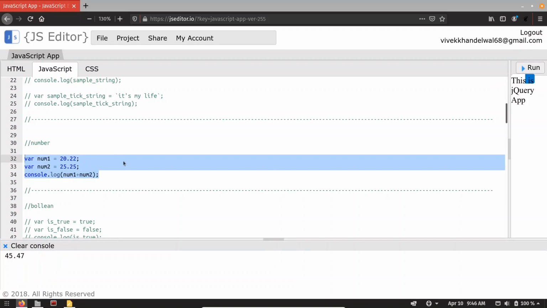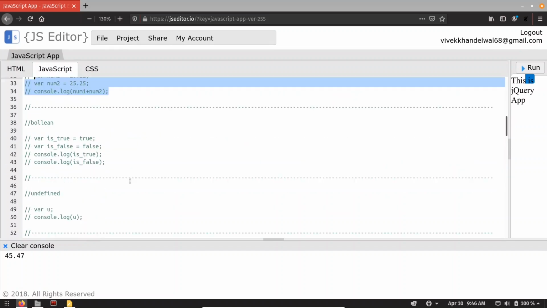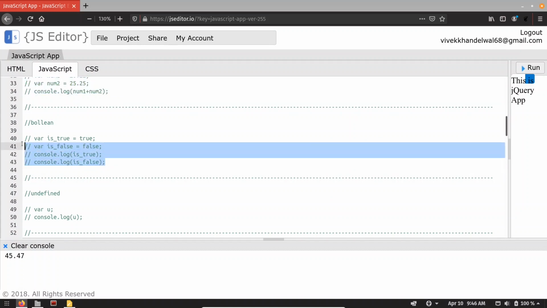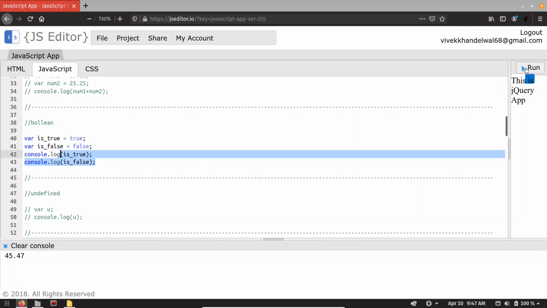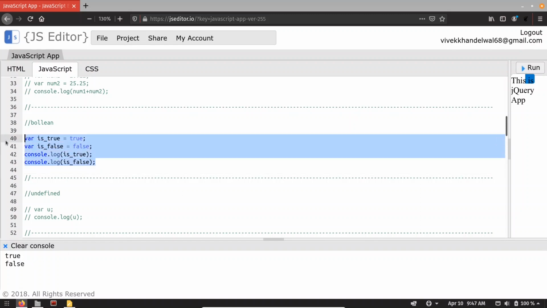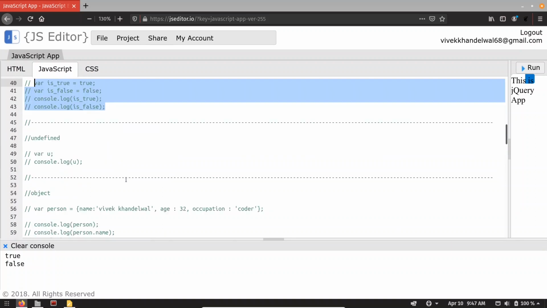Let me comment again. Let's move forward. Let's talk about the boolean value. We have two boolean values, true and false. We are creating two variables and printing their values. Let me run this code. You can see it is able to print true and false. Now let's talk about undefined.